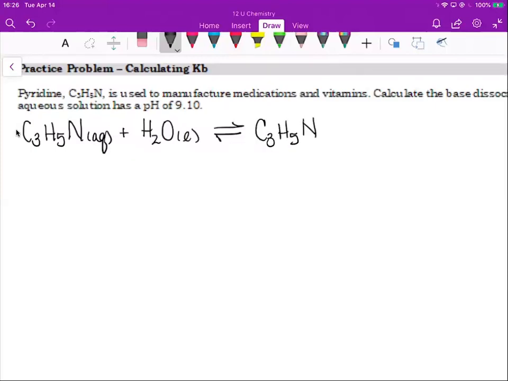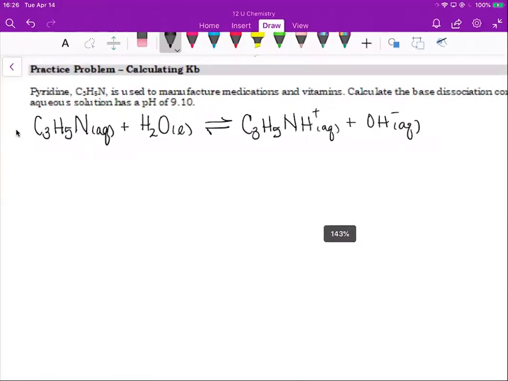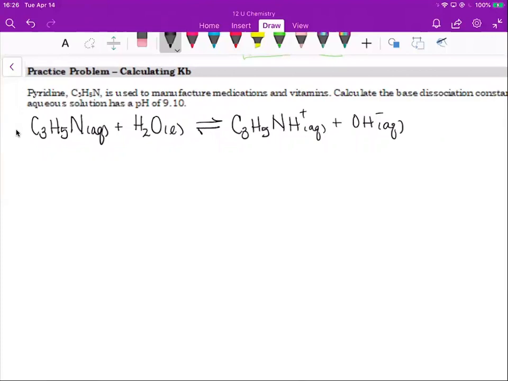That nitrogen, because of the lone pair of electrons, it's able to pick up one of the hydrogens and become an H plus, hydroxide. Okay, so we at equilibrium,